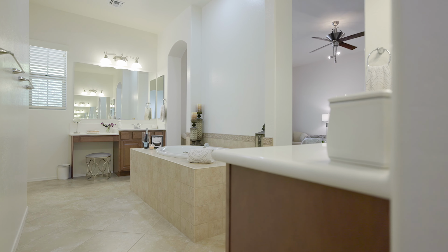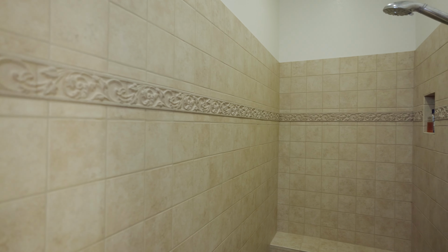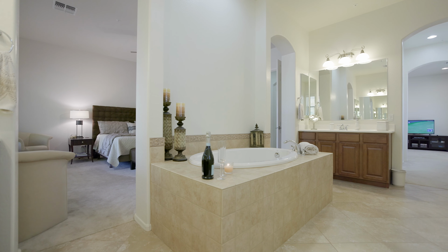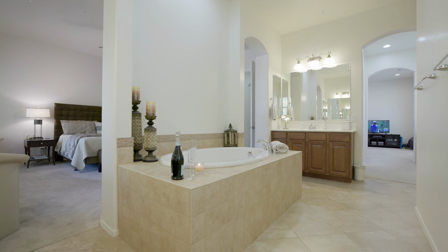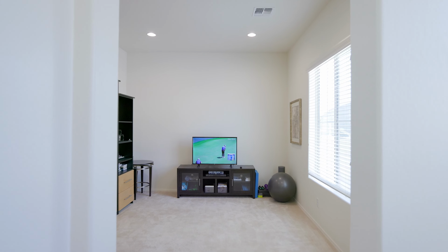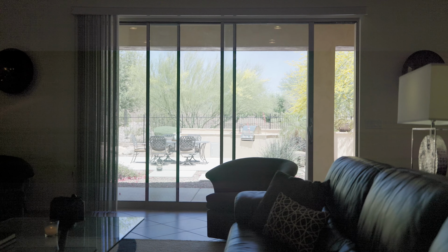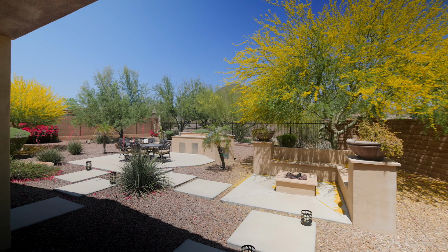Split vanities, a large soaking tub, and separate walk-in shower make the morning routine easy. For those who require an extra space for workout or relaxation, a flex space off the primary bedroom is the perfect solution. If you value indoor-outdoor living, you'll love the 11.5-foot sliding glass doors that reveal the backyard and beautiful